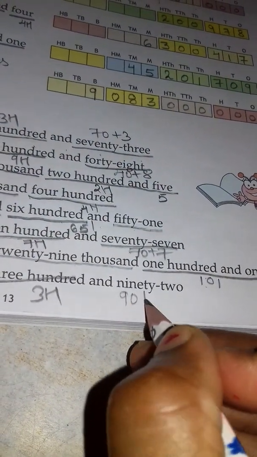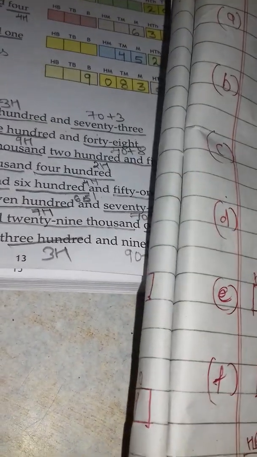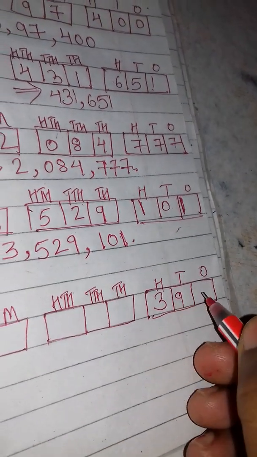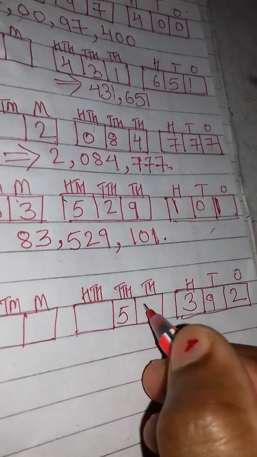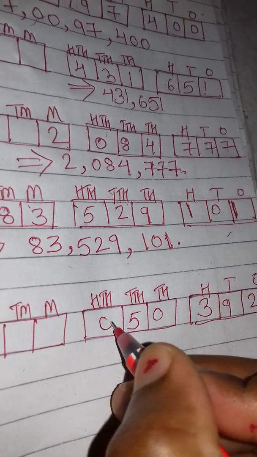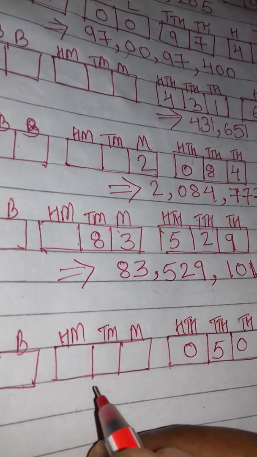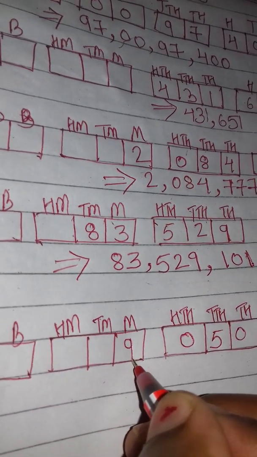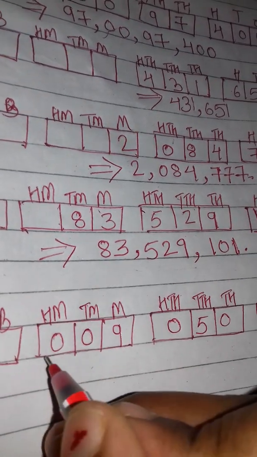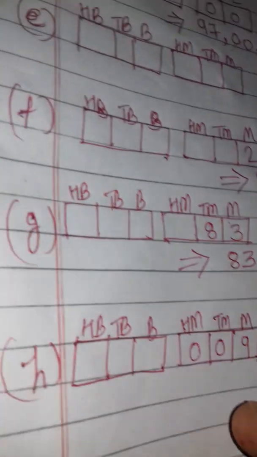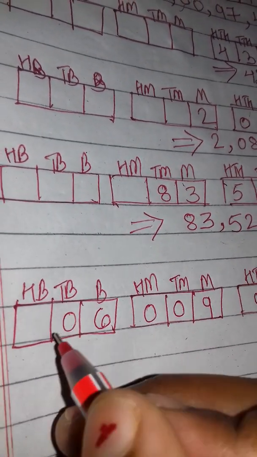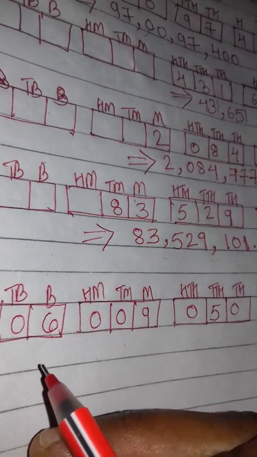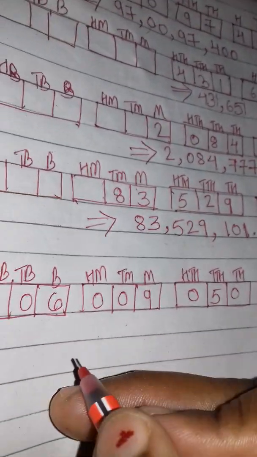392. So how will we write this number? 392 in the ones period. In the thousand period it is given 50,000. The 100,000 place is not mentioned, so we will write 0. And in the million period only the million place is given, that is 9 million. 10 million is not given, 100 million is not given, so we will put 0 in both places. Then in the billion period, at the billion place 6 is given, and 10 billion, 100 billion not given. So this number we have written in the block. How will we write this in figure?